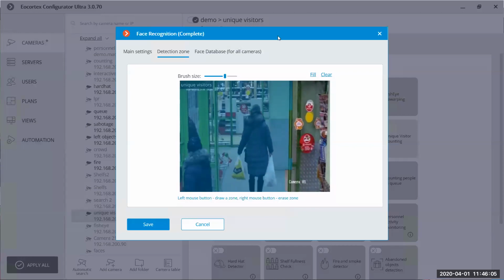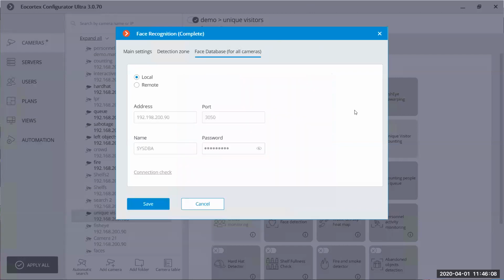So that's it. The last option about facial recognition that I wanted to show you is the database options. We have local and remote options. For the local, you can store separate databases for each site. For example, if you have a multi-server configuration and on each server you have several cameras with facial recognition modules, in this case, with the local database, you will have to put new faces for each server.